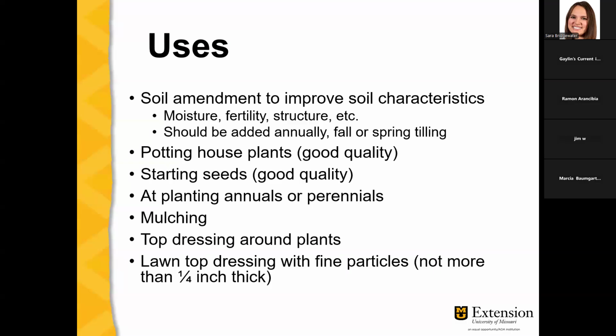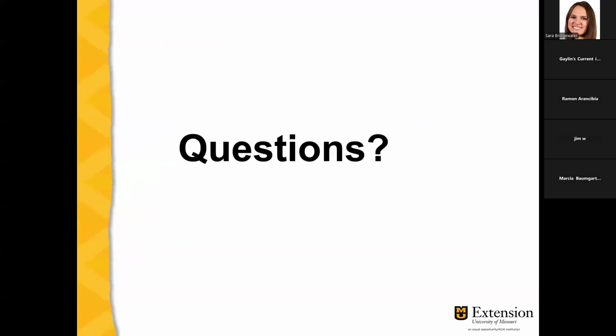So you can use it as a top dressing around plants. You can use it as a top dressing in lawns too, but with very fine particles, and no more than a quarter inch thick. Otherwise, it will suffocate your lawn. So a very thin layer of compost in your lawn. And with this, we finish this presentation. And if you have any questions,